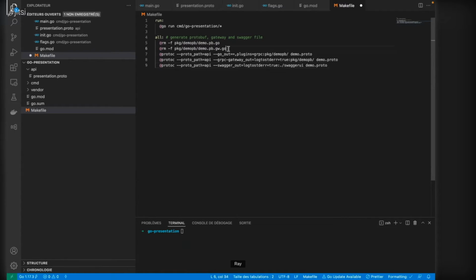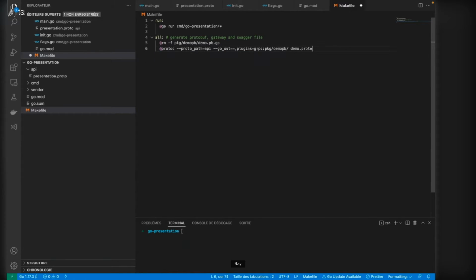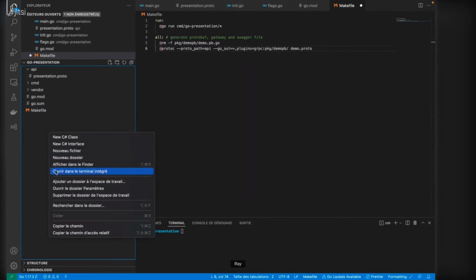For now, I don't need this part. gRPC gateway, I will show you after, and Swagger, I don't need it also. So using protoc, I will look in the folder API for a proto file, and I will place it in a folder pkg. So I will create it now.